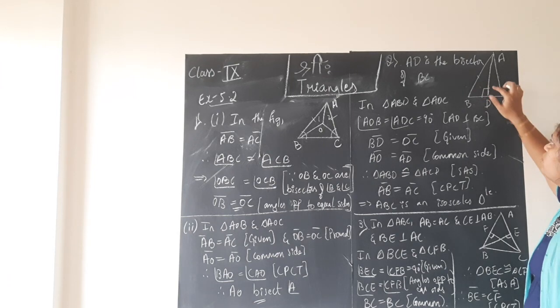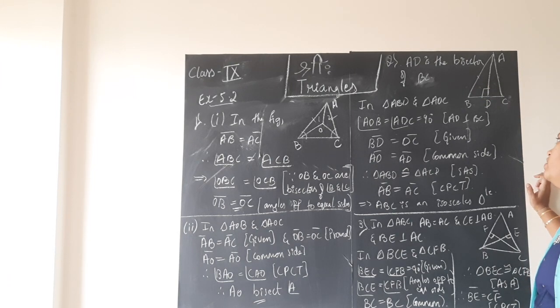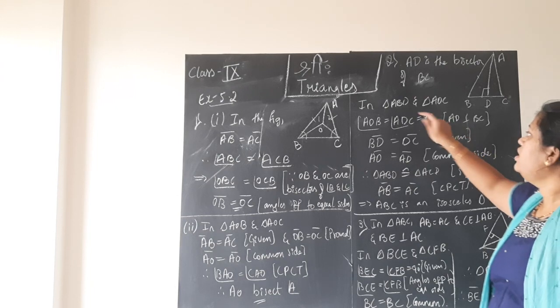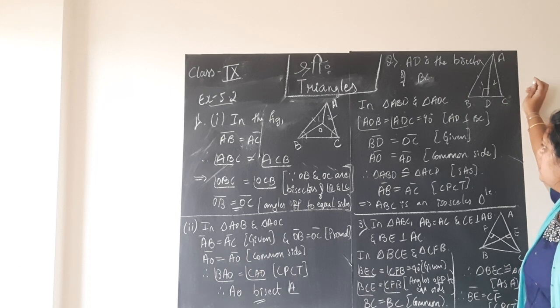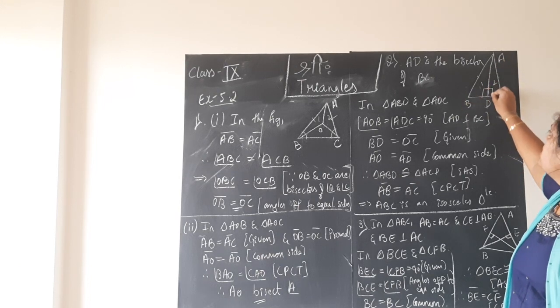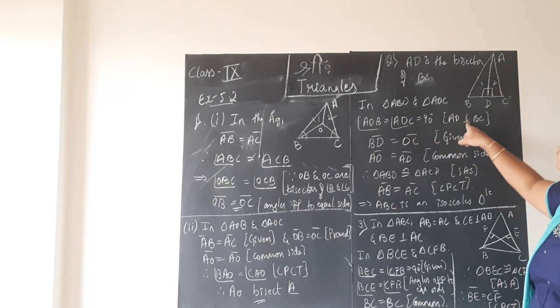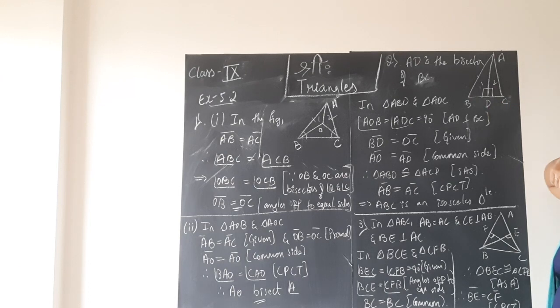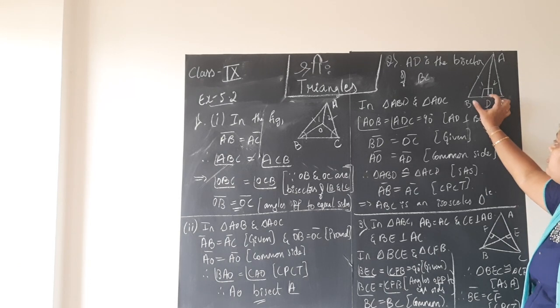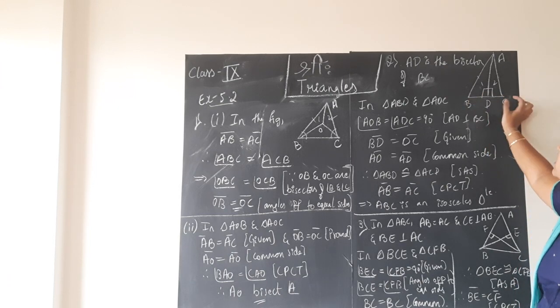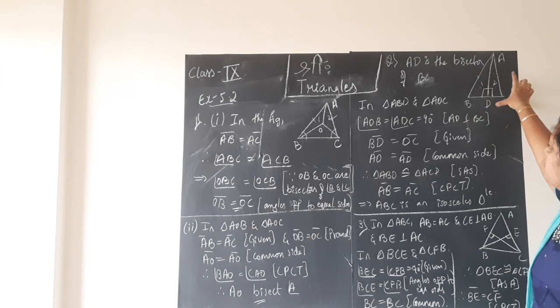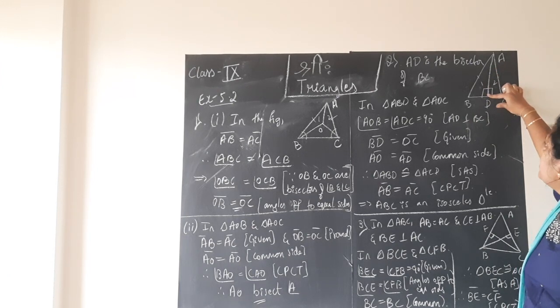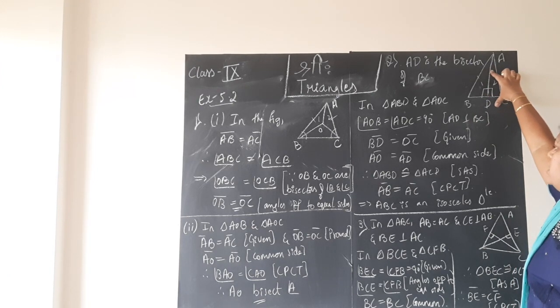Now let us prove those two triangles are congruent, then we get the required solution. So in triangle ABD and triangle ADC, angle ADB equals angle ADC equals 90 degrees. Why? Because AD is the perpendicular bisector of BC and obviously it is 90 degrees. And BD equals DC, it is given to us. And AD is equal to AD, and this is the common side for both the triangles, children.